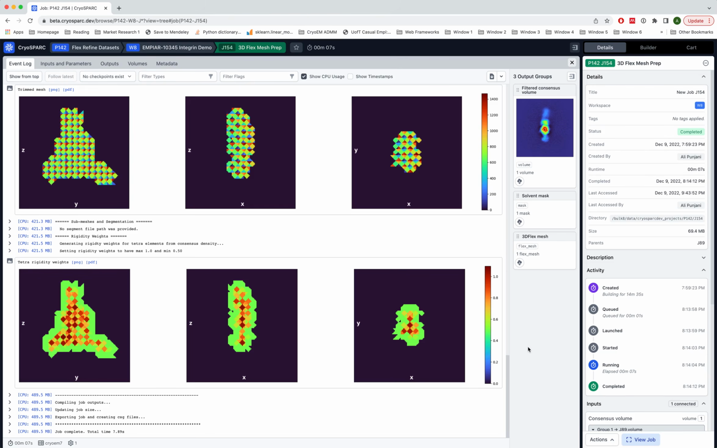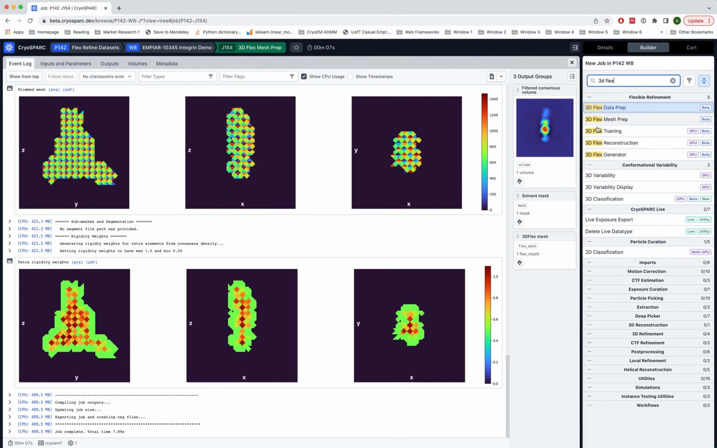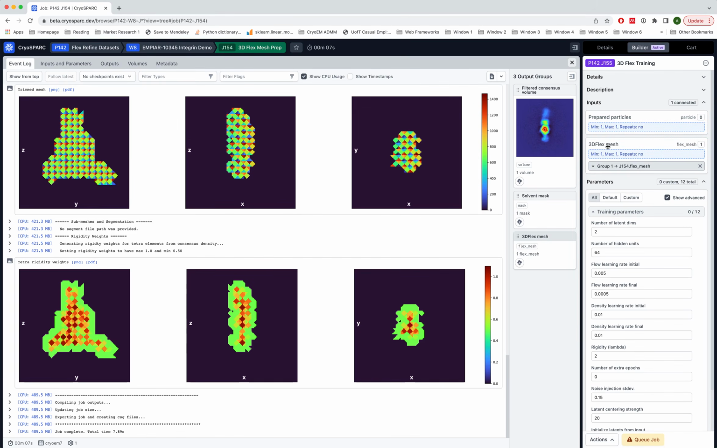Now that the 3D Flex mesh prep job is finished, it's outputted everything we need in order to start training a 3D Flex model. Primarily, that's the 3D Flex mesh object, and that actually contains all the information about the solvent mask, the mesh definitions, rigidity, weights, and everything else. So we can go ahead and start creating a 3D Flex training job. The 3D Flex training job has more parameters than the other jobs and has some choices that we need to make. In order to construct a training job, we need to provide our 3D Flex mesh object as an input,